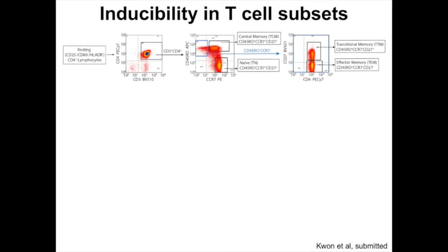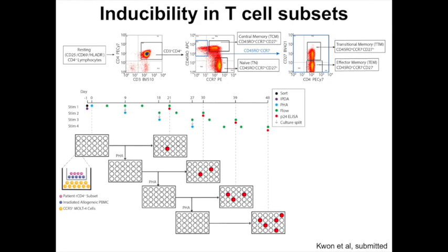And so we've looked at the inducibility of these proviruses in different canonical T cell subsets. We start with purified resting CD4 cells, for reasons that will become clear, and then through standard sorting protocols, obtain naive, central, transitional, and effector memory cells, and then put them into these long culture experiments in which there are multiple stimulations, with the cells being split after each stimulation and half the cells receiving an additional round of T cell activation. And so then from this we can determine how many stimulations are required to induce a given